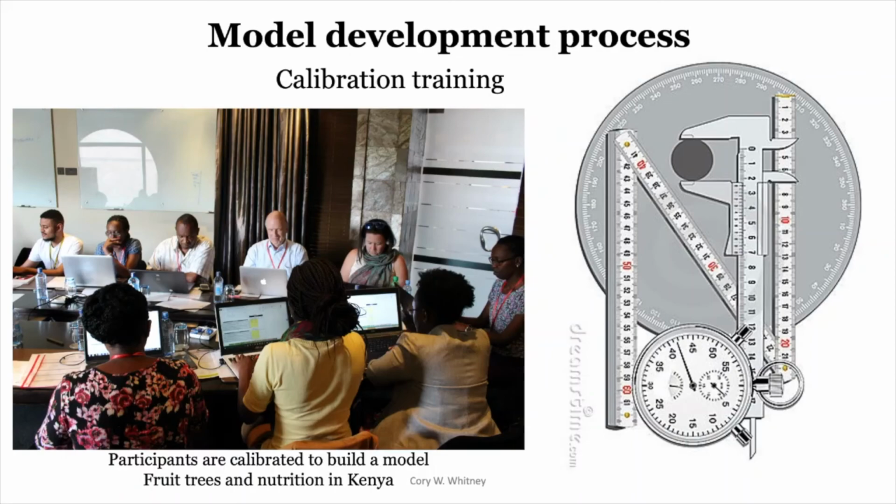And we have a tool like that. We run them through the calibration training. That is, we provide them with lots and lots of random questions for which they have to provide an estimate of their uncertainty, and we give them feedback. Here's how well you did, or here's where you messed up, or here's how well you're doing as a group. And we give them some tools for debiasing and for getting calibrated.